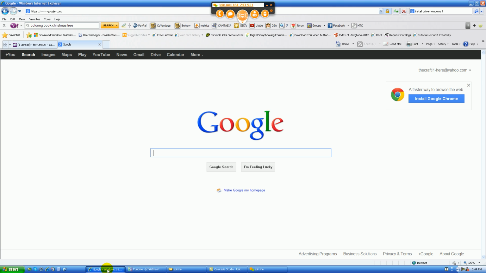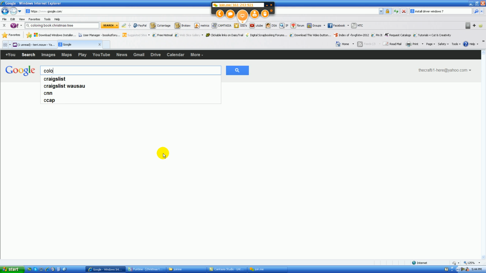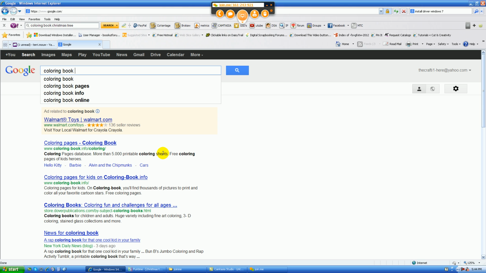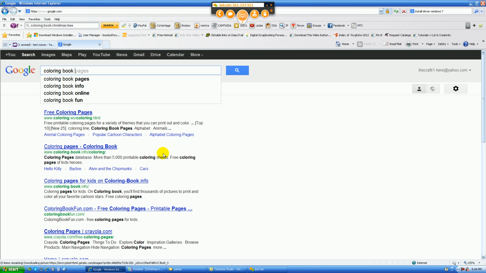To get started, what you'll do is you'll open your Internet Explorer or whatever web browser you're using and go to google.com. When you get to google.com, start by typing in the search box just the simple words coloring book, and then if you want to narrow it down, type in something specific, and I'm going to type in Christmas tree for this demonstration,